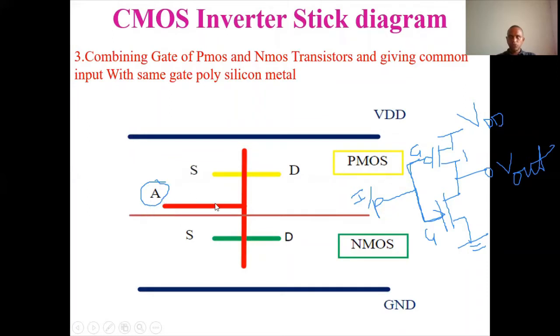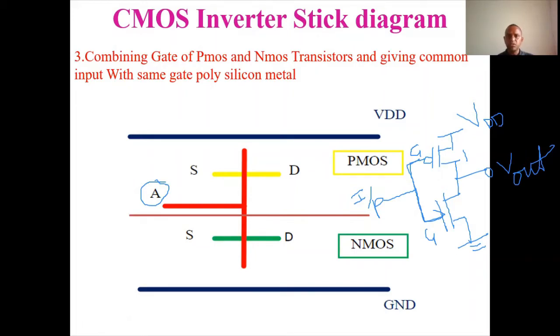Okay. So this is what we have here, the input terminal we are applying, and the input is A here. Both the gates of PMOS and NMOS will be shorted, and for that short connection we are going to give the input. Similarly here, the gate terminal for the PMOS above is this one, and the NMOS below is this one, and I'm combining both the gates like this with polysilicon. I'm taking out the same connection to the outside to give the input value. So this is nothing but the input terminal for the CMOS inverter.